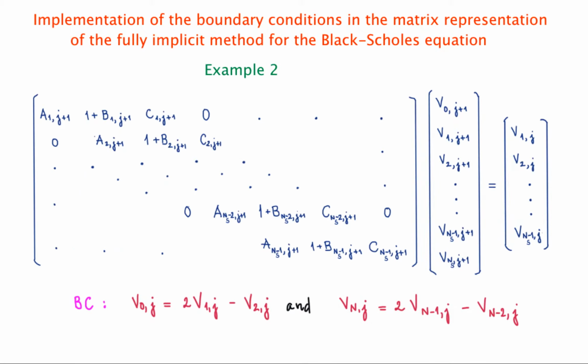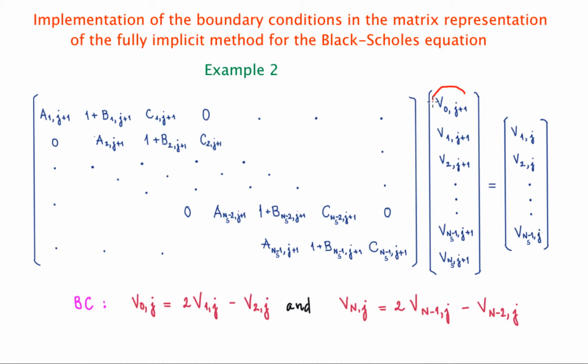So again, this is the matrix representation we just derived for the fully implicit method. You can see it depends on these capital A, B, and C parameters that we defined previously in order to make the matrix representation look nicer and shorter. So this is the one we have. And then we need to include the boundary conditions that we have just written. So basically it means that